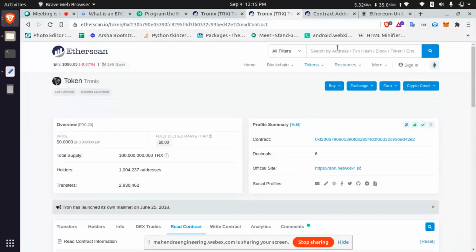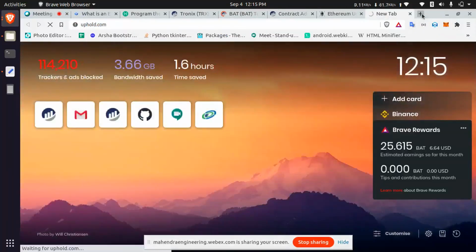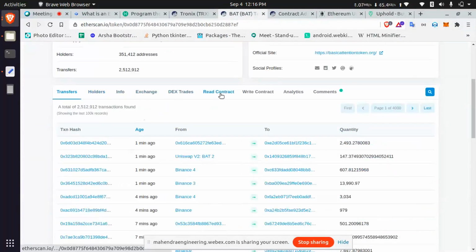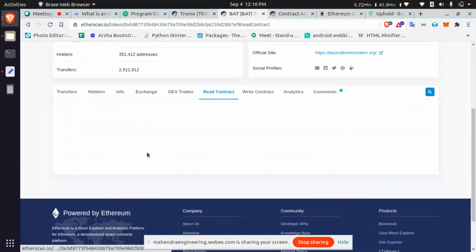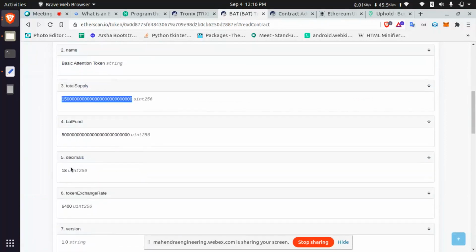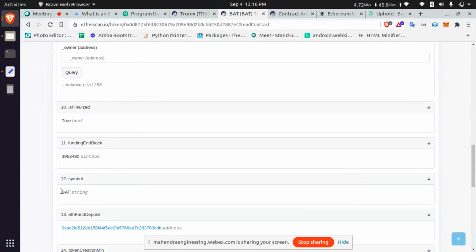Let's open another token like BAT. Now I have a balance in BAT in my wallet. Let's see read contract: name, total supply, decimal, symbol.